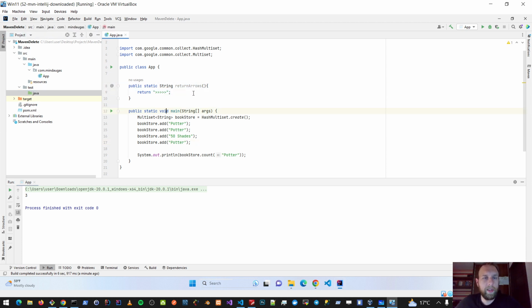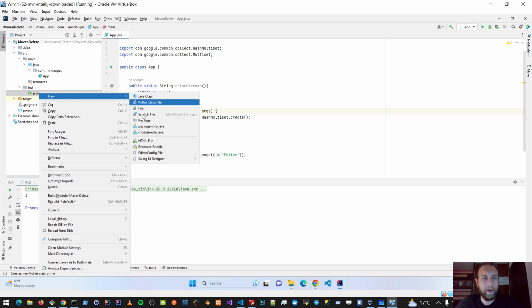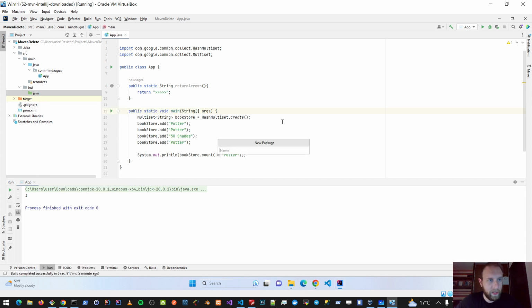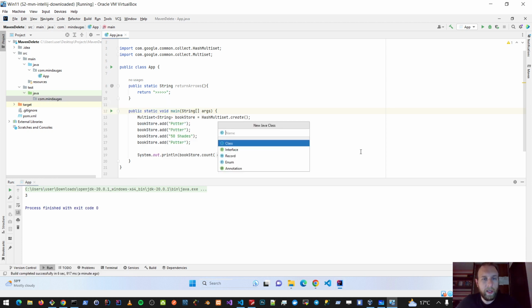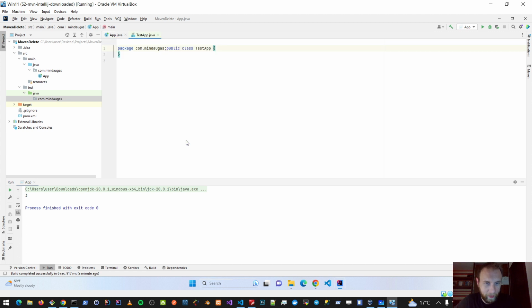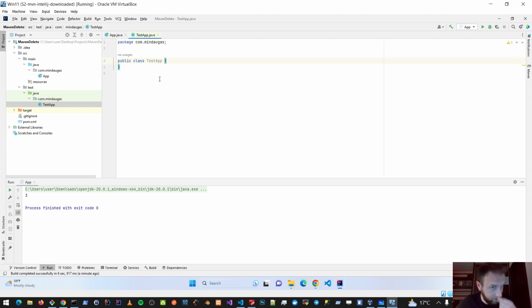So how do we test? Well, we create the same package structure as in our main folder. So Java, and it will be com.mindaugas and test app. So the name of the test class is going to start from the word test, and then the class name that we are going to test. So the app is the class that I'm going to test. And I'm going to create a test